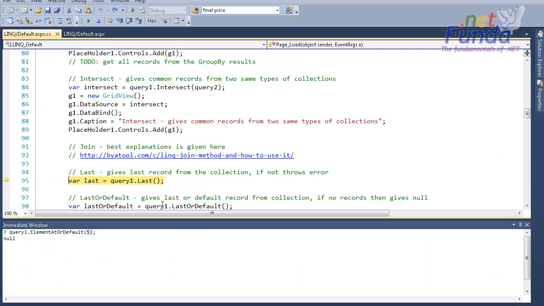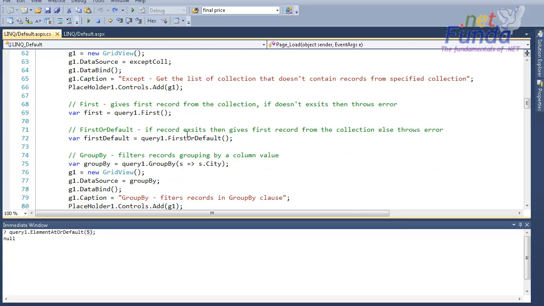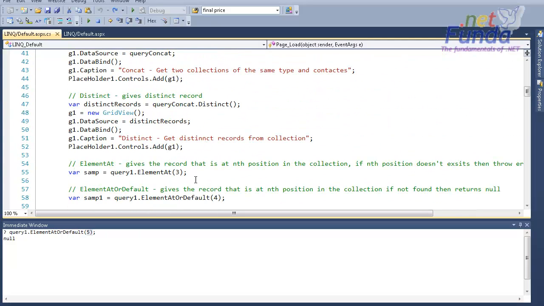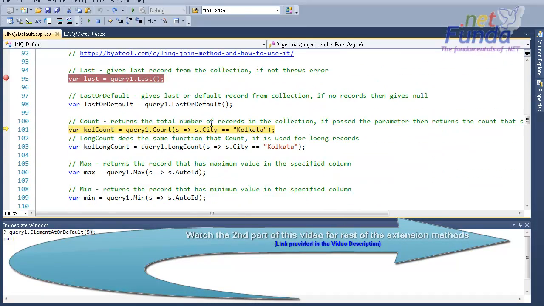Now let's proceed with the next extension method called last. The last extension method gives us the last record or last element from the collection. So you can use last, and if, let's say, you do not want to take a chance where you do not have anything in the collection and the last method throws an error, then you can use the last or default extension method that will not give any error if there is nothing in the collection. So you can use last or default. It is the same way as first or default we used here, or we also used element at or default. So where or default is suffixed with the method name,